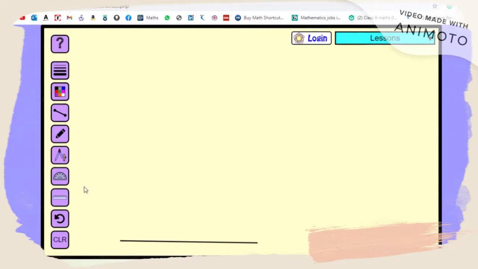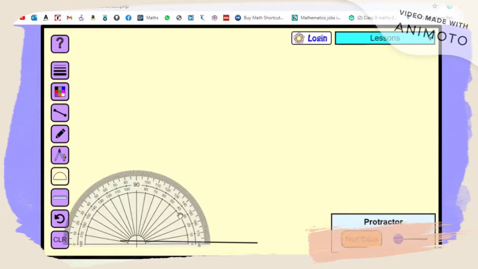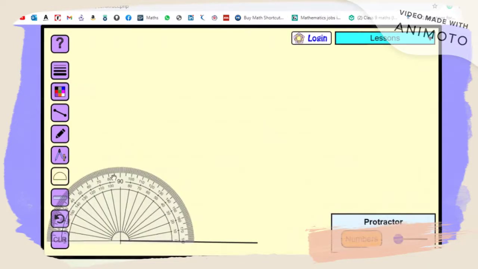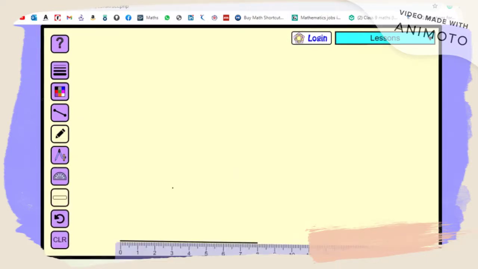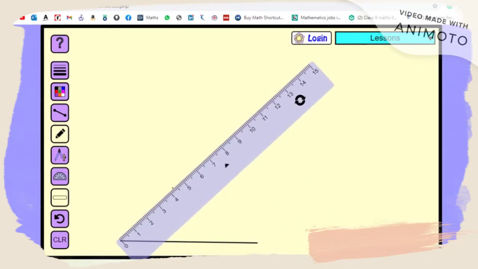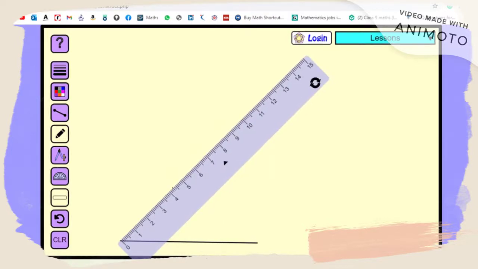So we have drawn the base of 8 centimeter. We have to construct an angle of 45 degrees. For convenience, simply I have taken the protractor. You have to use your compass. 45 degrees here. It is here. So 45 degree. Again, you need a scale to join with it. So let's join it with the point. So here we are joining it with the point. Let's extend it a bit more. So this line is known as